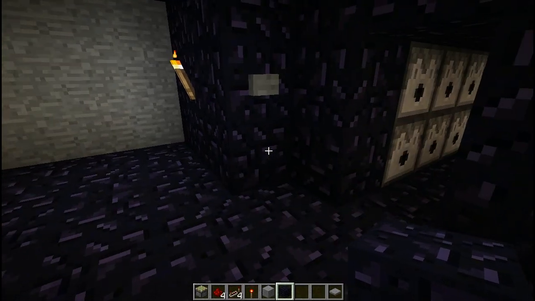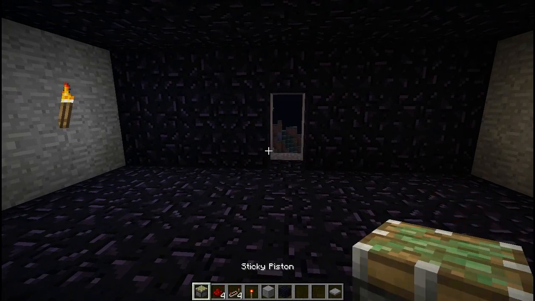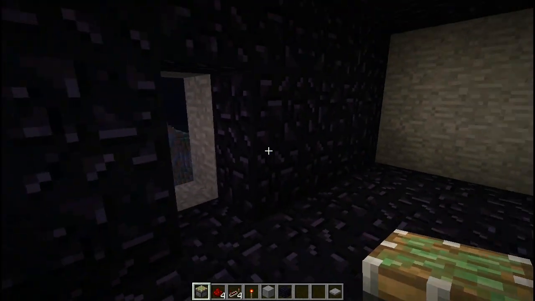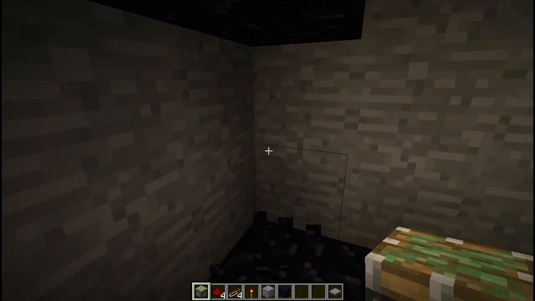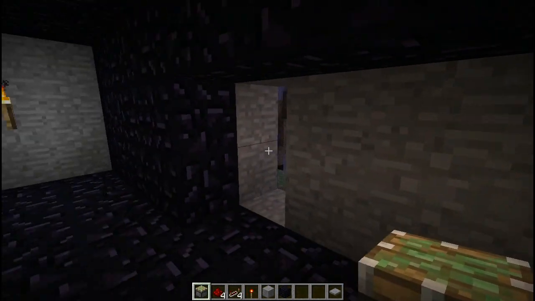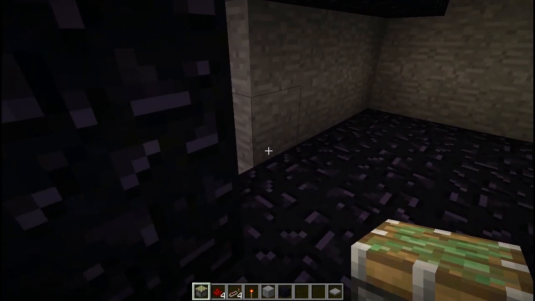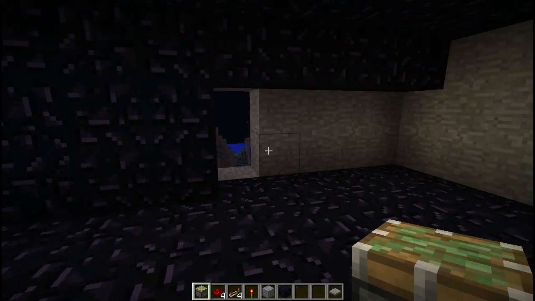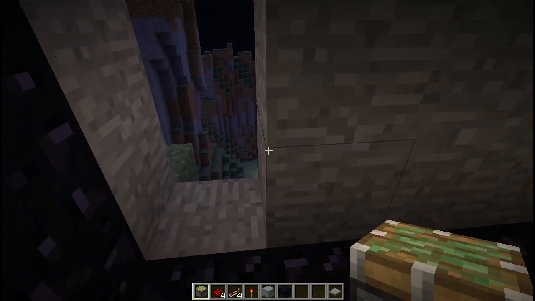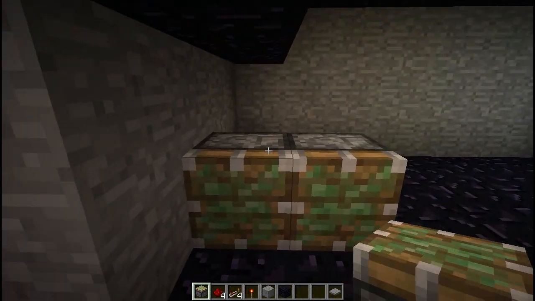Okay, so we're here inside the bunker, and we're going to start by getting the door set up with a piston system. So we just want to break this wall out here, and this one part of the wall is definitely not going to be blast proof, and that's one downside to this, but the emergency escape I think is definitely well worth it. So what we're going to do is basically set up the pistons so that these four